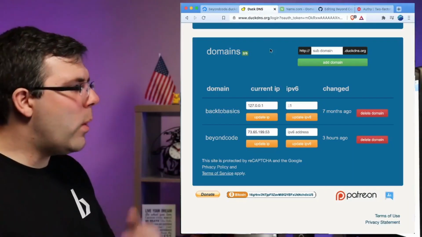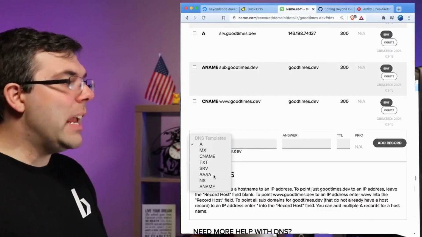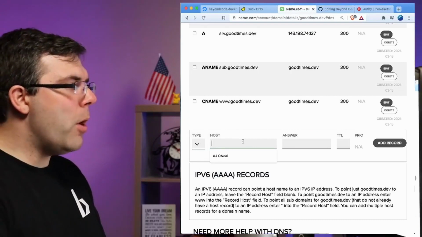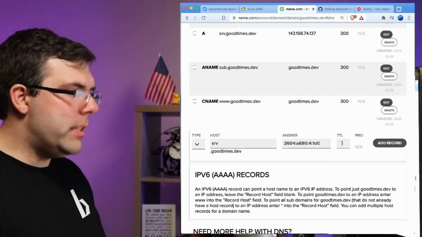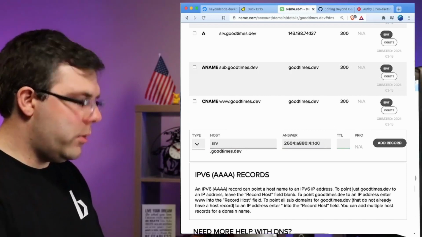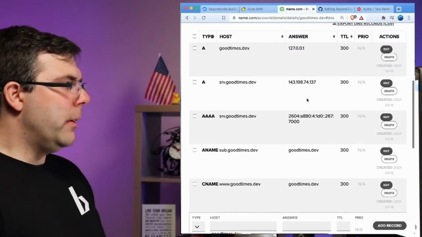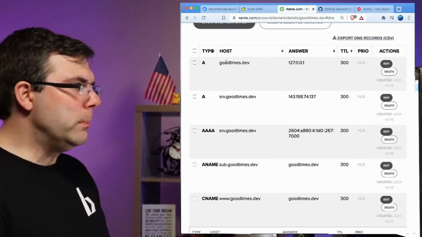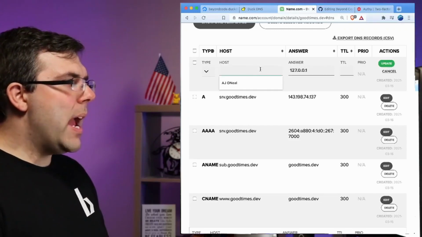So I'll go into why that is later, but for right now, we're just going to add that as a quad A record. So I'm also going to name this SRV, and I'm going to put in the IPv6 address, and I'm going to put in 300 for the time to live, and I'm going to add the record. So now what I'm going to do is change my